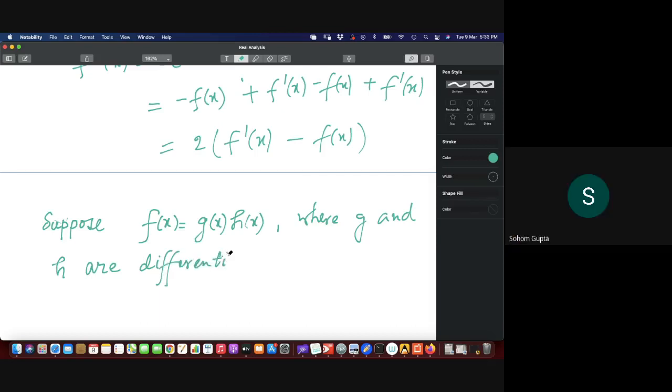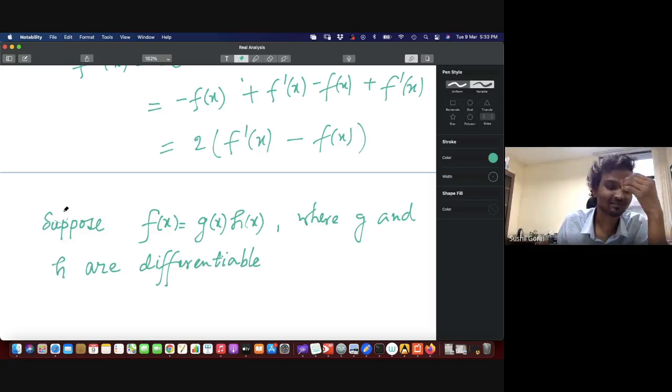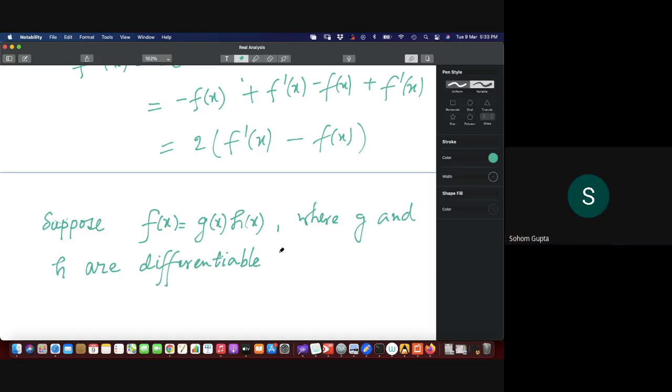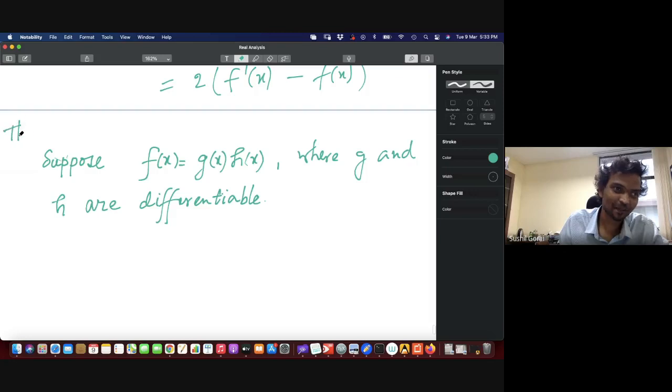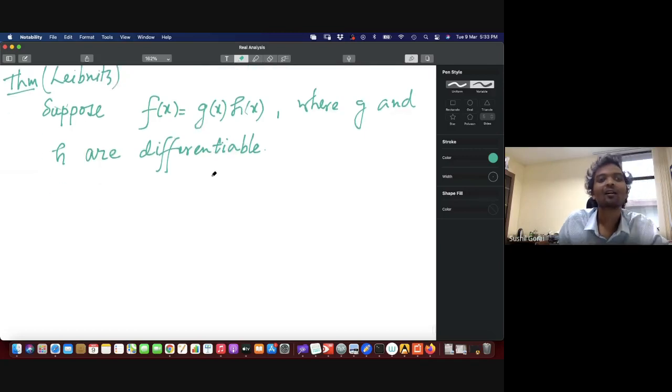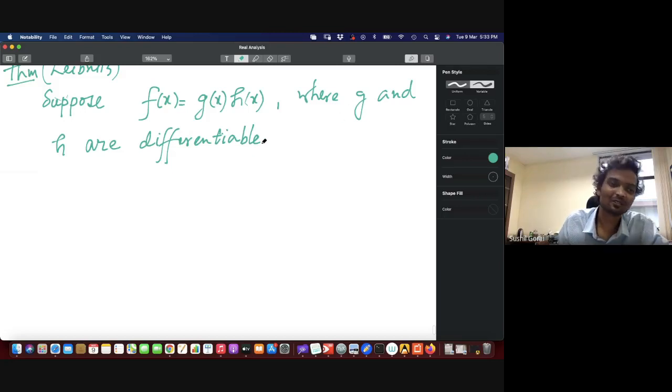As far as I remember, if they are sufficiently differentiable, then the nth derivative of f forms a series of differentiations of gx and hx where the coefficients are binomial. Have you done this in first year? No, not really. Okay, so this is a theorem by Leibniz. Suppose this is differentiable, I'll put on the whole of R, but wherever it is differentiable you can do it. Maybe let's write it in the strongest form, which is differentiable at x equal to a, then,